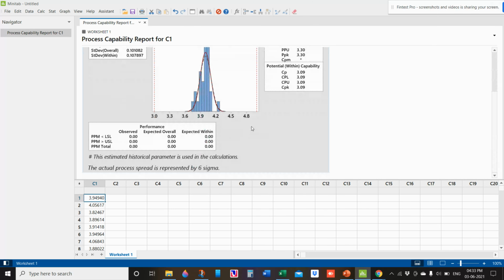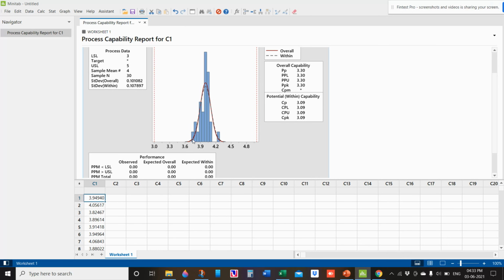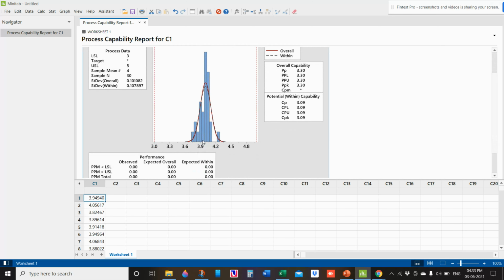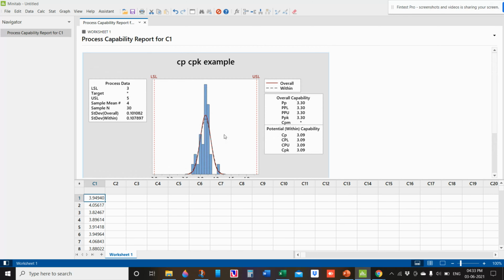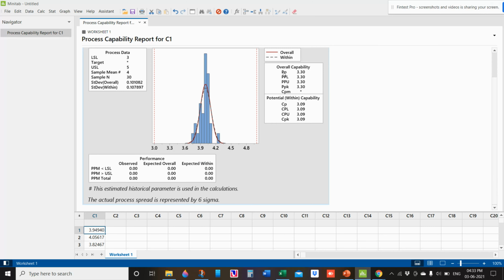So you will generate the CP/CPK graph. Now if you see, the data is in the middle, almost your process mean is overlapped with the drawing mean, and it's a good process. And this is the lower specification limit and upper specification limit. If you analyze the graph, we can come to know the CP/CPK values. Now there are two things here: one is PPK and the other is CP/CPK.